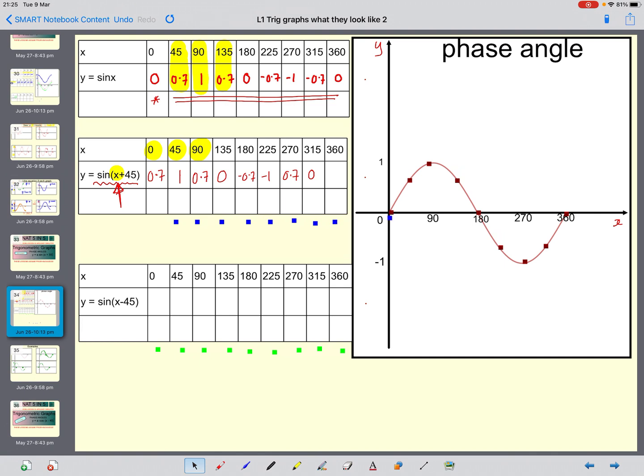So let's plot these numbers here. 0 along, 0.7 up, next one 45 along, 1 up, 90 along, 0.7, 135, 0, 180 along, negative 0.7, 225, 1, 270, 0.7, 315, 0. Okay, so if I join all of them up now, where I can,